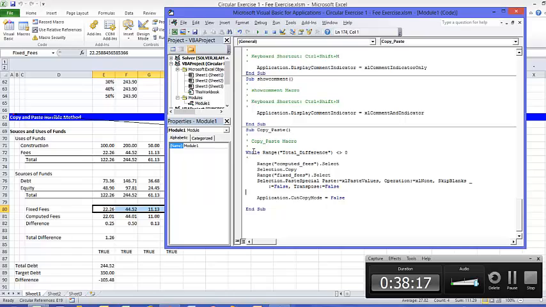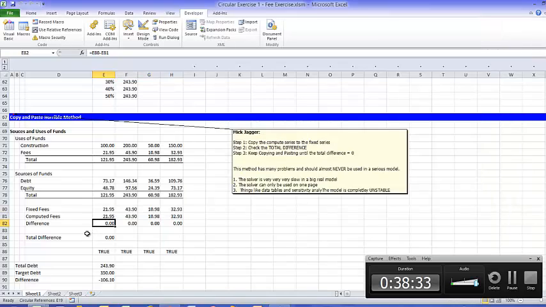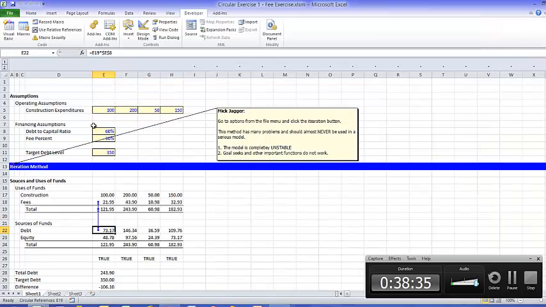You can do all of that, fine. You can make these macros really fancy and think you're really good, and what you've really done is mess up your model. If you see it's just going around and around, and then it does that. And then if we put our fee up to 50%,